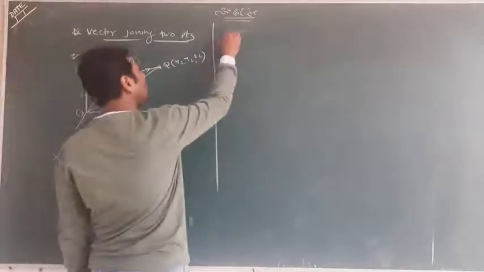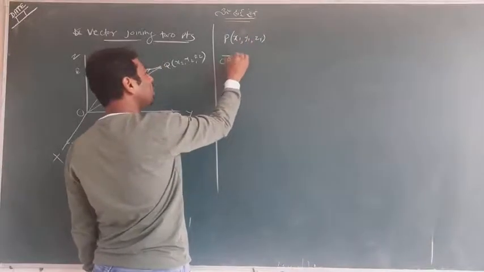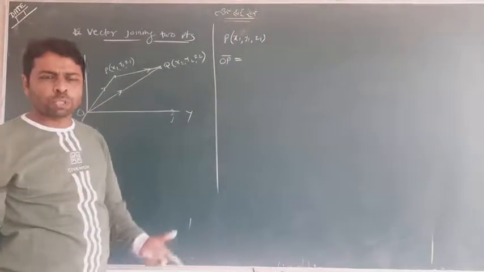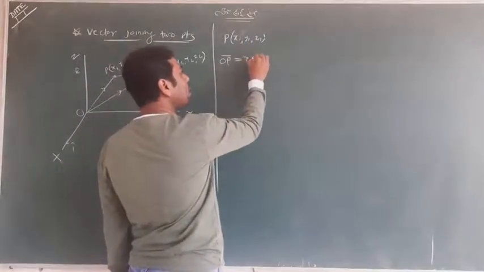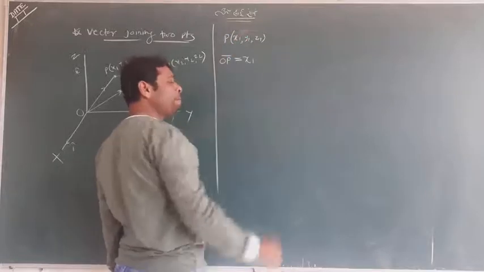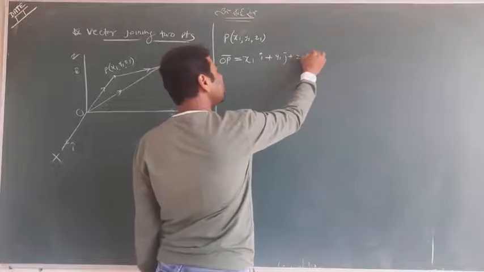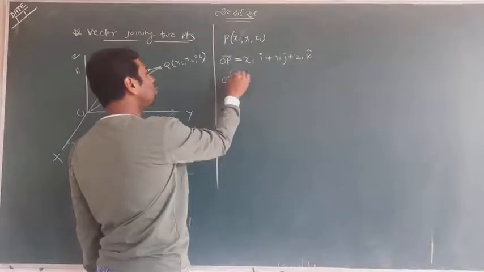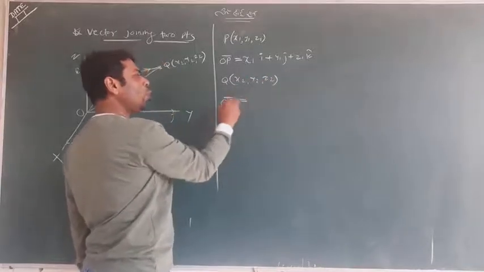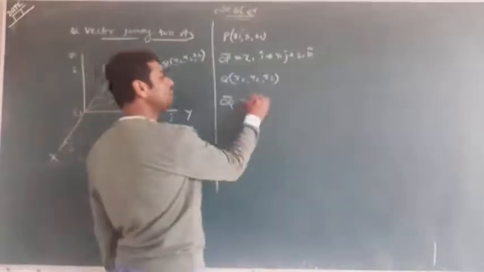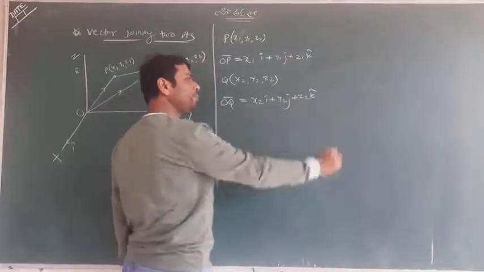First question I want to ask you. P is (x1, y1, z1). So what is OP? Now don't hesitate to reply, because O is the origin point, you know, and with respect to the origin any point can be expressed as a vector: x1 i cap, y1 j cap, z1 k cap. And about Q, it's (x2, y2, z2). What is OQ? Again O is the origin point, you know it. This is x2 i cap, y2 j cap, z2 k cap.